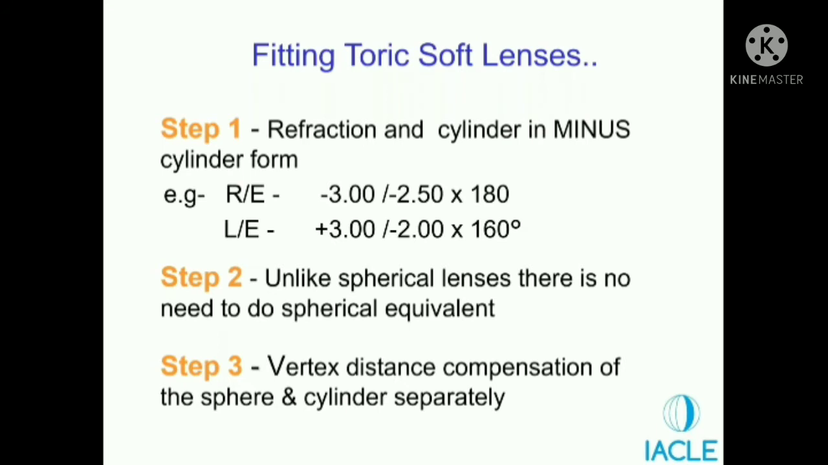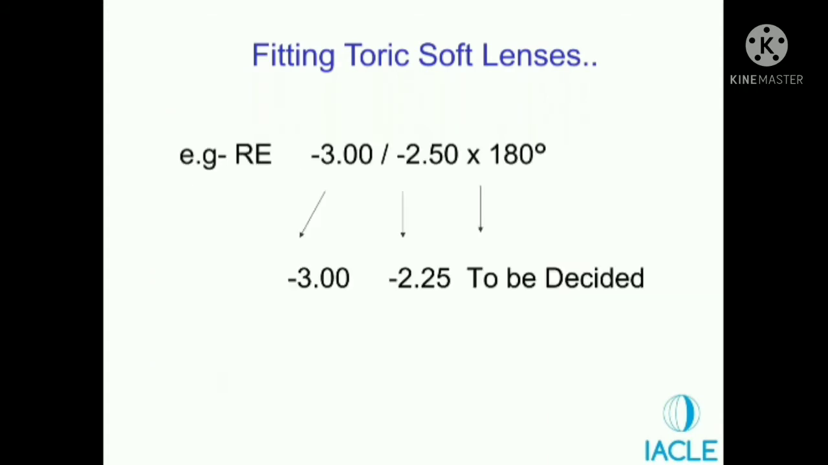Vertex correction of -3 will still give -3. Generally, the vertex correction applies after the power increases beyond 4 diopter. So we have -3 as it is. -5.5 will approximately become, let us say, -5.25. So when you convert it back into a spherocylindrical prescription, this will be your power, -3 along with -2.25,